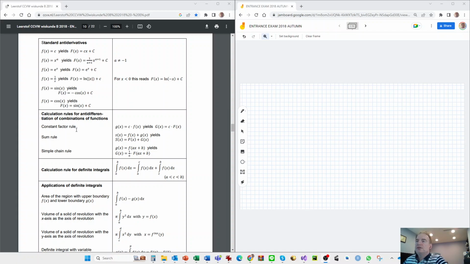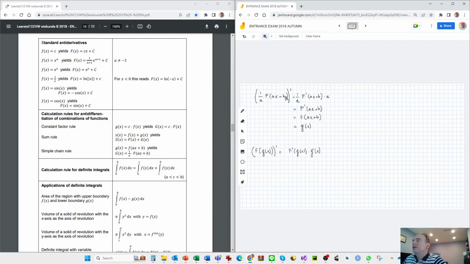Then you need to know the rules for combinations of functions and to find the primitives, including a kind of simple chain rule that tells you that for functions of this form, f of ax plus b, the primitive is given by this form here, and it's something you can easily show by using the chain rule for differentiation. So if I take the derivative of this function capital G given here,